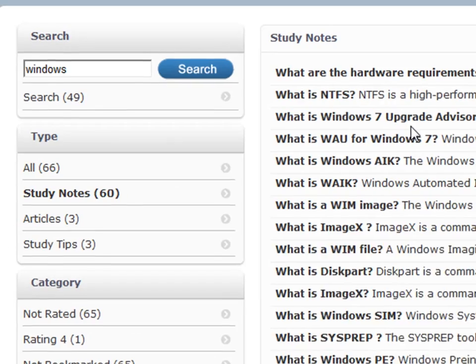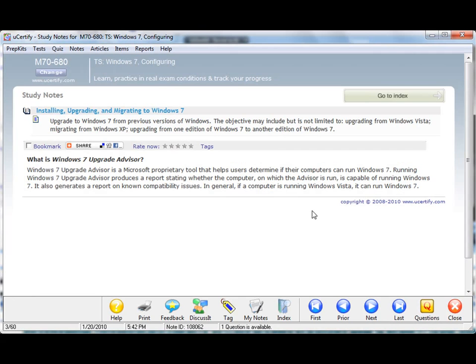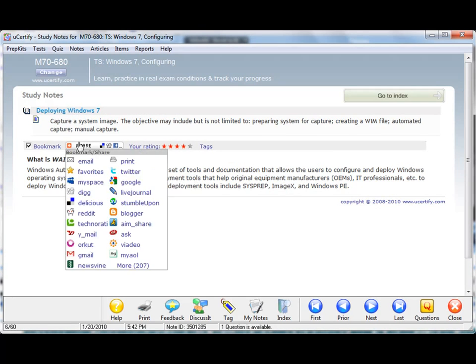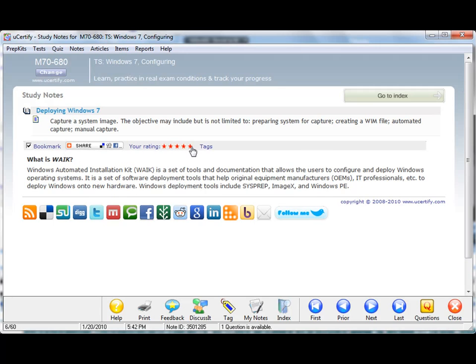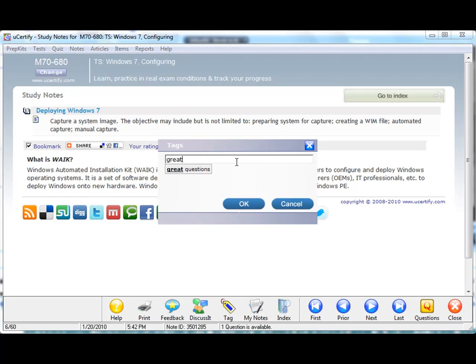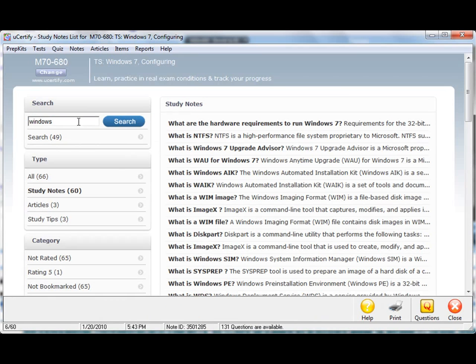Study notes are organized by topic and can be navigated easily. You can also bookmark a note, rate it, or add your own tag. And feedback will also help you organize study notes based on your learning style. You can search through the study notes,